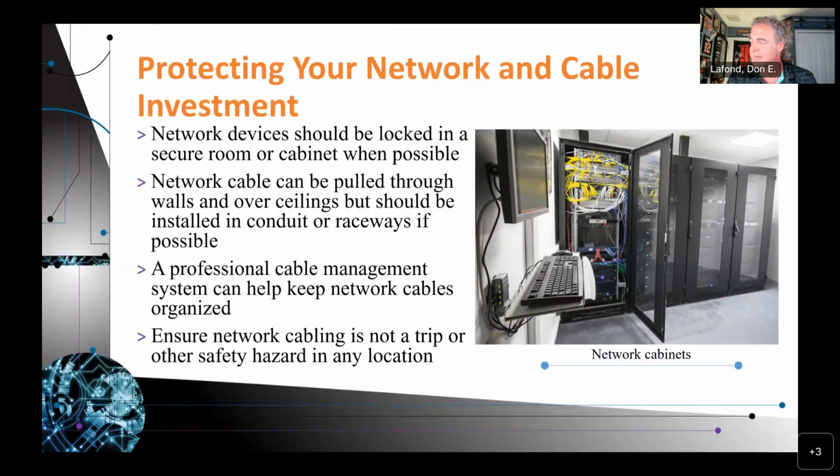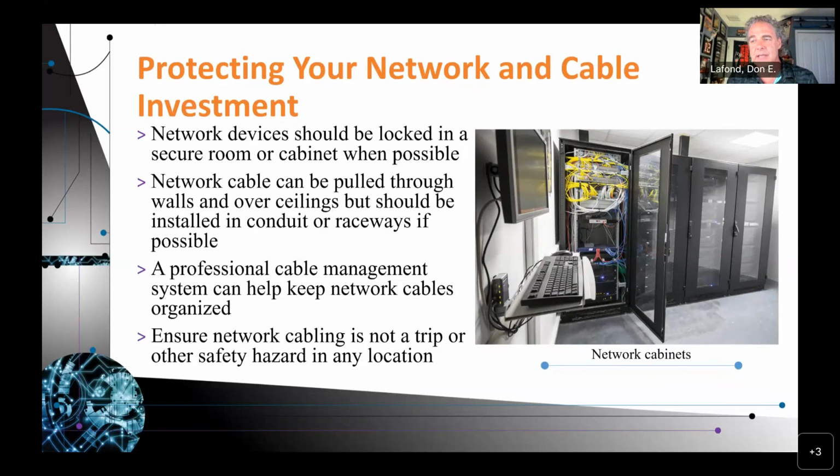These cabinets should have AC supply and exhaust. The room itself should have AC supply and exhaust. And you should have locking, it all should be locked down because, as I will show you when we talk a little bit about Packet Tracer at the end of this presentation, if you were to take a laptop